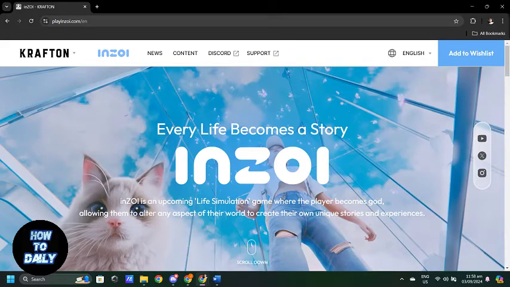So once you find the Inzoi app, tap the download or install button. The app will start downloading and installing on your device automatically. After the installation is complete, open the Inzoi app, follow the on-screen instructions to create an account or log in if you already have one. And that is how you download Inzoi on iOS or